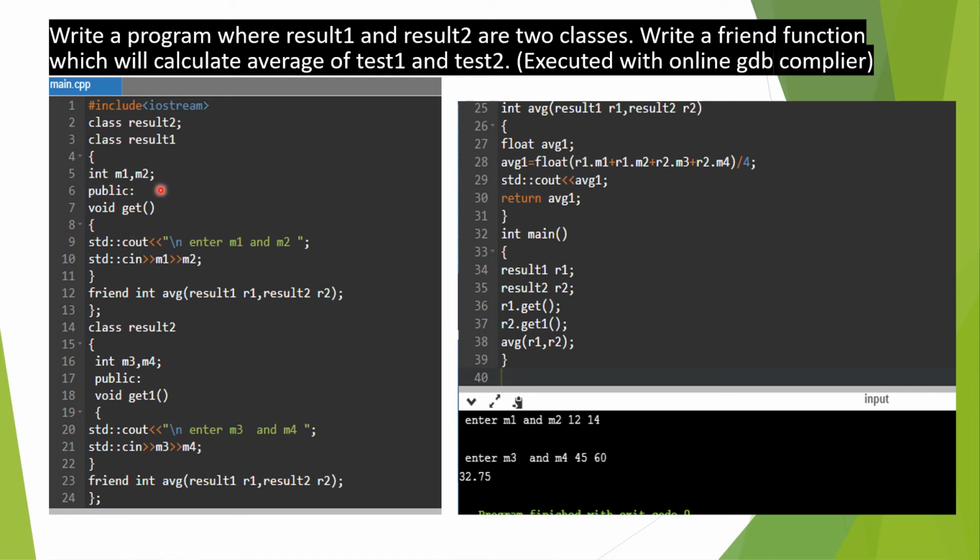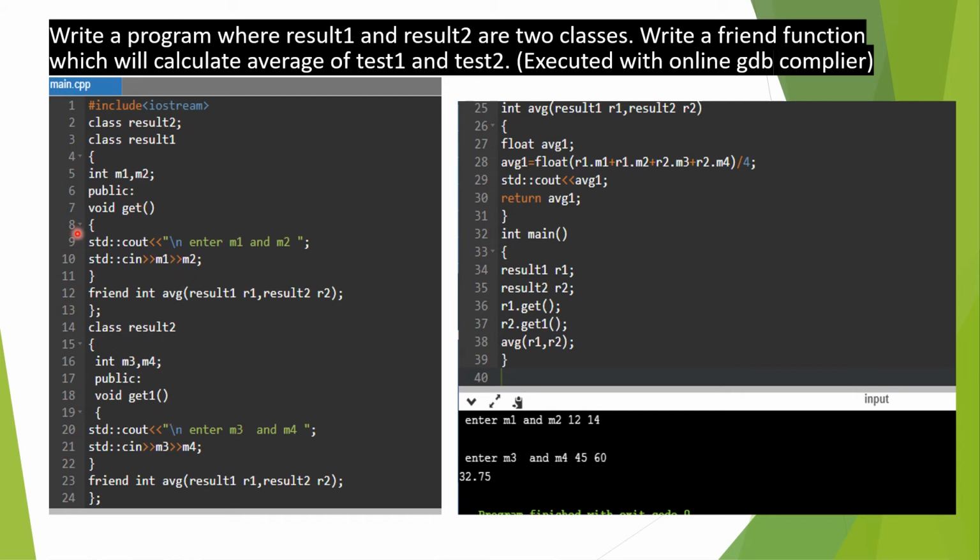Then int m1, m2. Now we have to calculate the average of test1 and test2. Suppose in result1 you have two tests with marks m1 and m2, and in result2, that is test2, you have two tests, m3 and m4. We have to collectively calculate the average of m1, m2, m3 and m4.